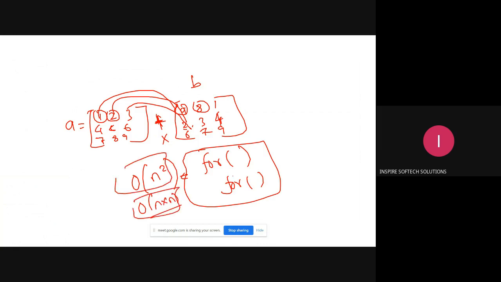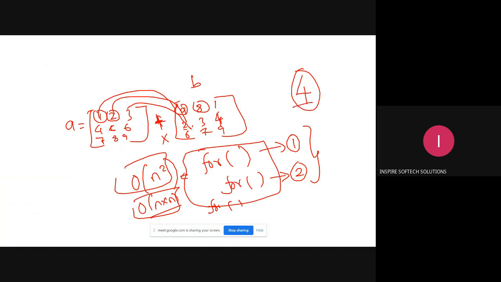And suppose you have some value that I have to print, so for printing again I need to use one more for loop for the row and one more for loop for the column. So in your source code, in your program, you'll have at least four for loops. At least four, I'm telling. It can be more than that, depending upon your experiment and how you write your code.